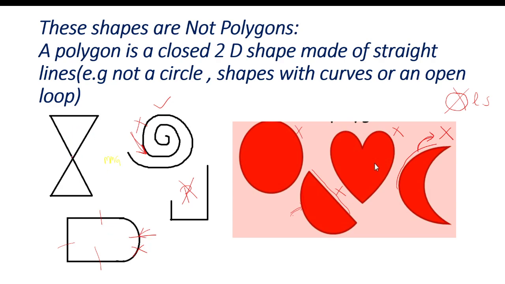Now you all will be thinking, ma'am, this is 100% a polygon, right? But children, this is also not a polygon. Why? Because here you can see this. Please first see this line segment. This one is one line segment and it is joined with other 4 line segments. One line segment, two line segment, three line segment, 4 line segment. So this line segment I am writing here A. This line segment A is joined with other 4 line segments at the end point. So this is not your polygon. Moving to the next page.